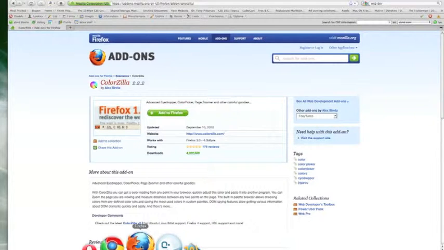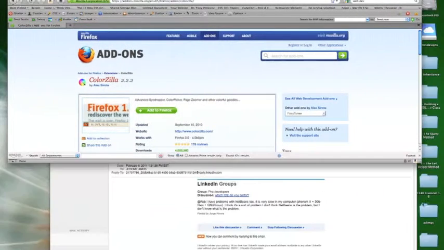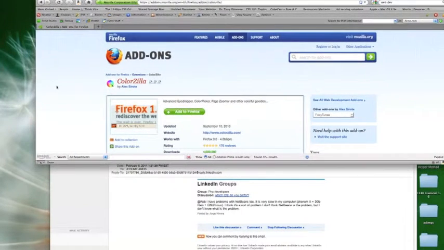On PC, you would get the same, and you would also need to install the development add-ons. So inside of Firefox, which is where we're at, there's an add-on section. You can do a search for color, and you need to find ColorZilla, which, as you can see on the bottom of this browser screen, brings up this little element right here once installed,